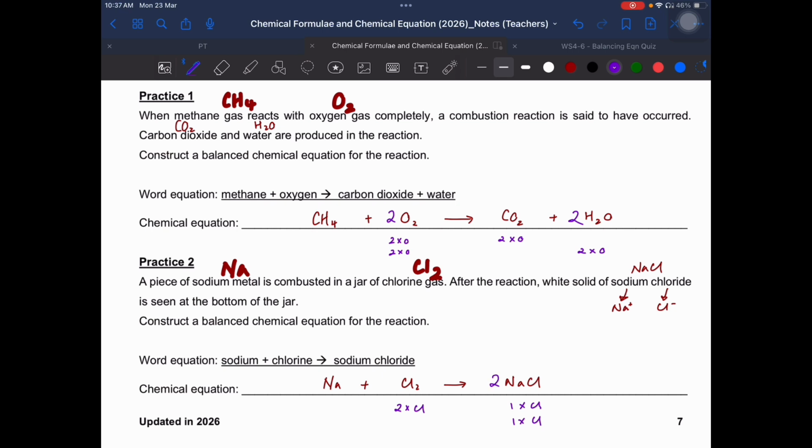But this time round my Na is not balanced, and then I put it back on the left hand side with my Na. So this is how my balanced equation will look like. Now, as you're going through this thing, you might be thinking that, okay, it seems straightforward because the teacher can